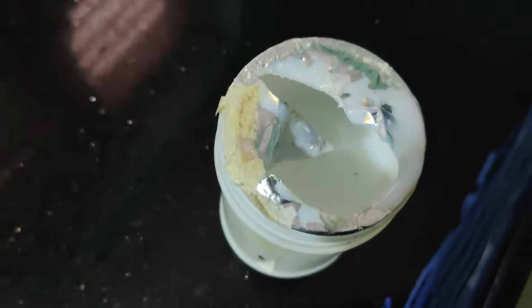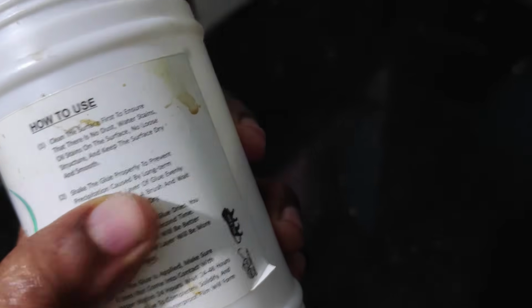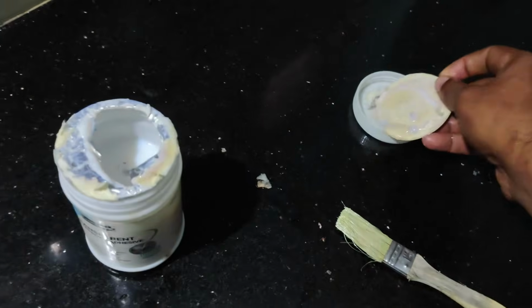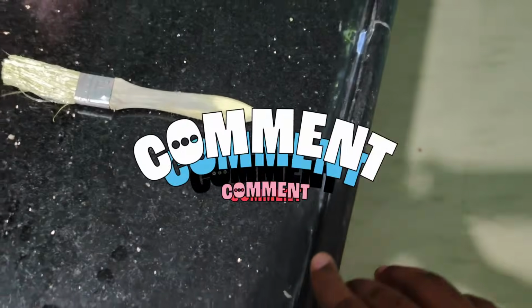See here. Yeah, we'll wait for half an hour and we'll continue. Yes, sorry, that is not half an hour. Actually, the instructions mention waiting about 12 hours to dry. So I waited almost 8 hours, and I'm going to apply the second coating after 8 hours. Before 8 hours it was a bit dry,